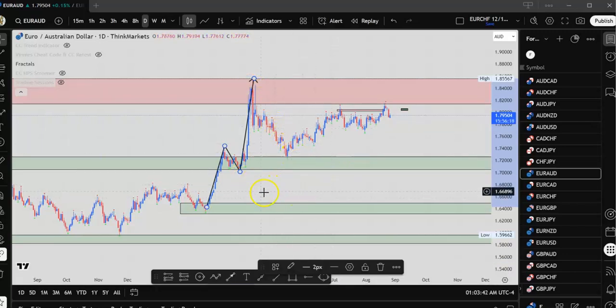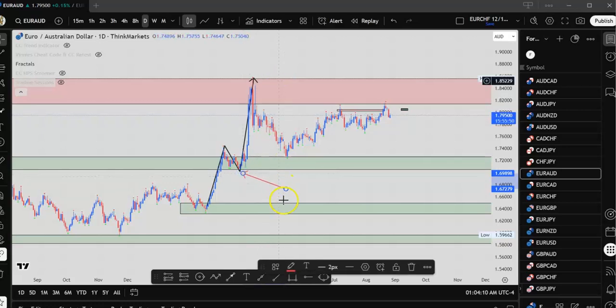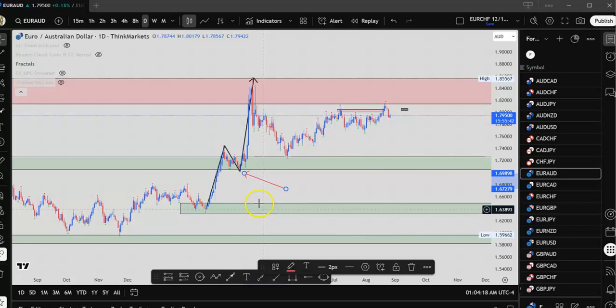Okay, so in order for it to become a bearish move, there needs to be a break of structure. So if I had these candles here go below this, that would have been a break of structure indicating a lower low. What follows a lower low is a higher low. But because it did not break structure, this did not go below this